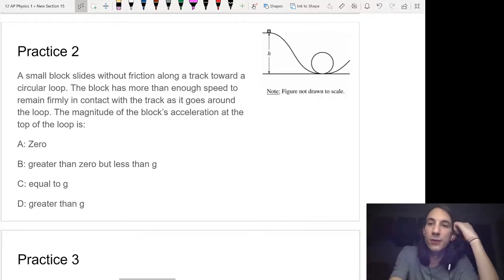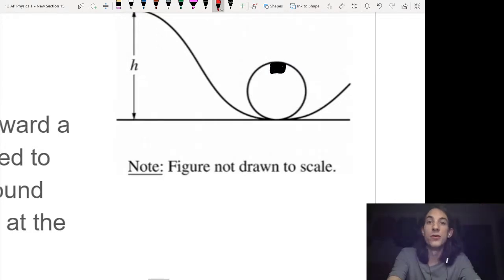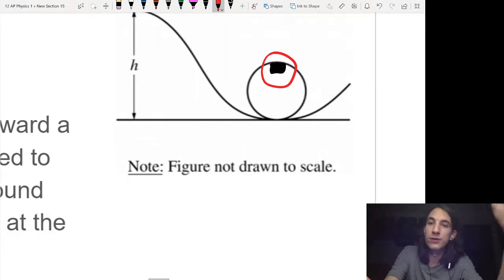So we want to know, we're saying, hey, we got this block, it's a good block, and it's going around this loop, and at the top it is firmly in contact with the track. So that's kind of coded. It's a little bit of us trying to figure out what they're talking about, but it just means, hey, we have a normal force. So if we're thinking about our force diagram, we can circle our box and say, okay,